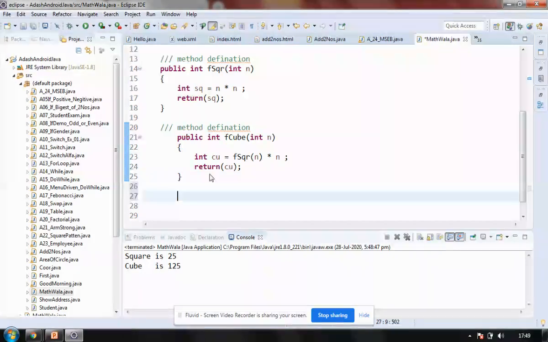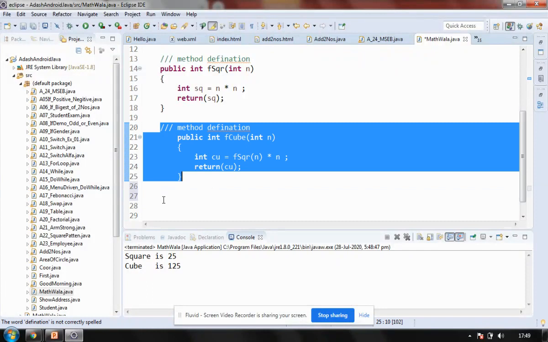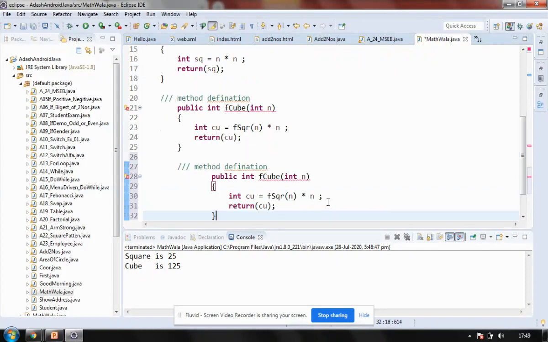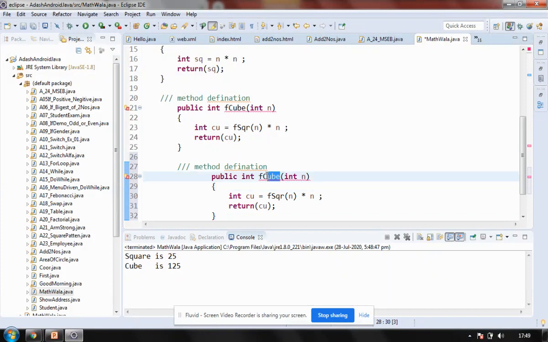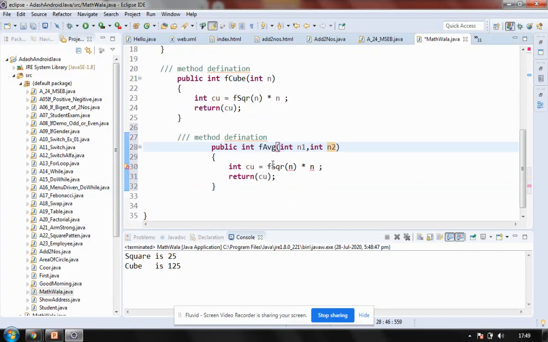So I'm writing one more method here, that is average. See, in case of average, what happens? When it comes to average, there are some changes here. So what are the changes? First, my name is going to change. Average, it is AVG. It is not going to take a single number, it is going to take two numbers, number1 and number2. So when you get an average, it will divide and it will be in fractions. So I'll be defining not as an integer, this I'll be defining as double. And so my return type automatically changes. It is not int, it has to be double.